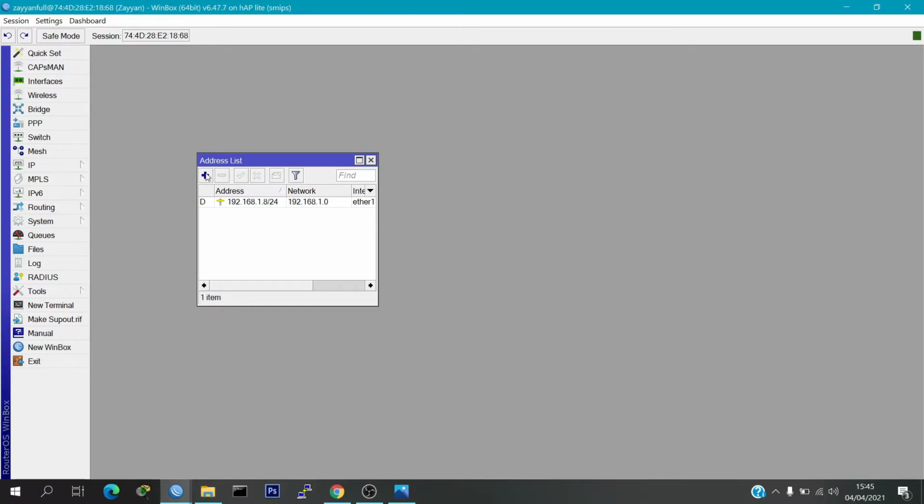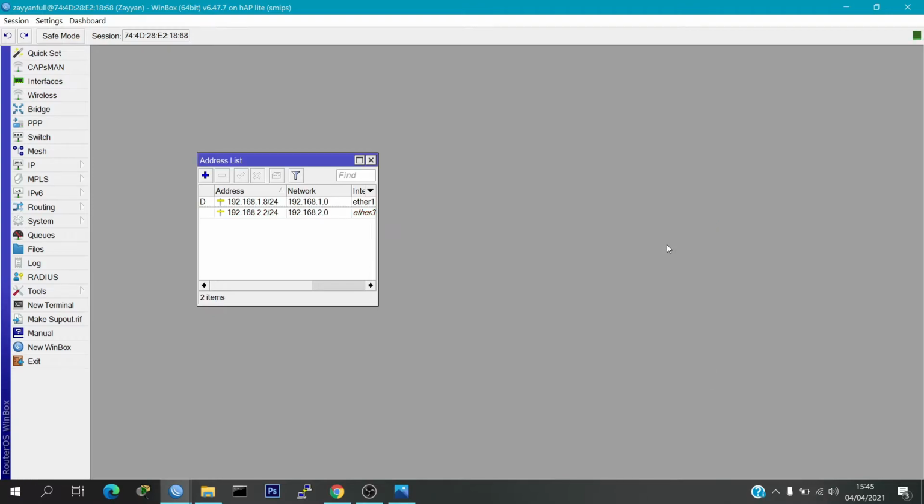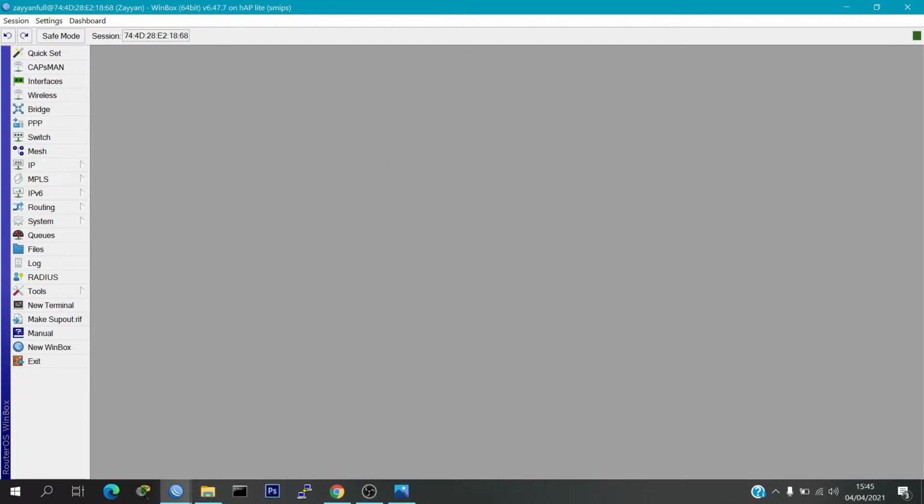As an example, you can add a new IP address. Okay, you can remove, disable, or enable. In here I want to remove. And next is